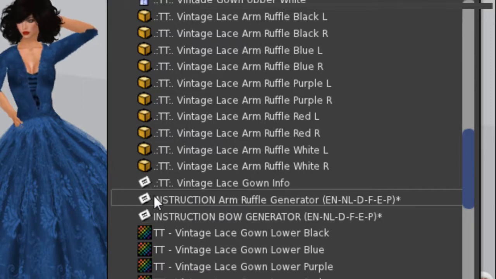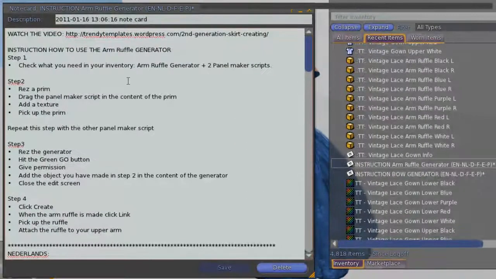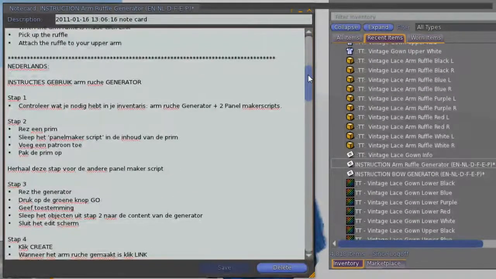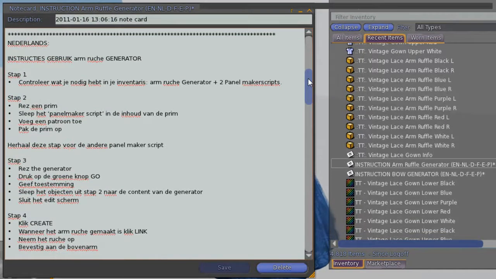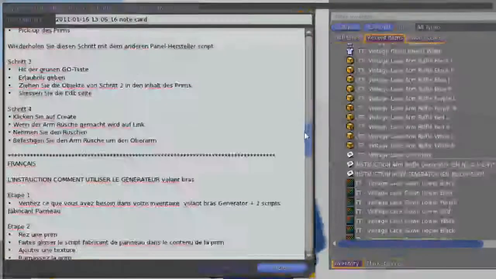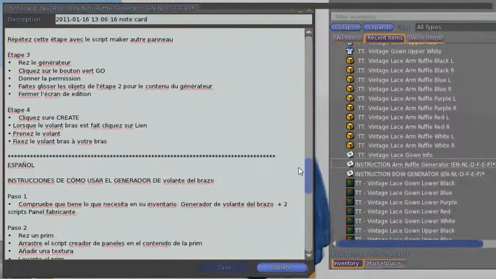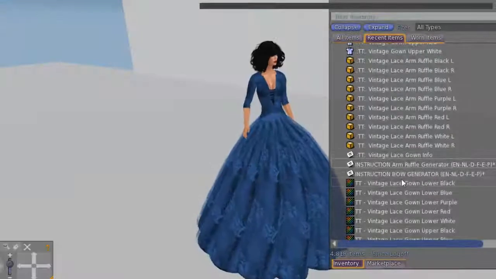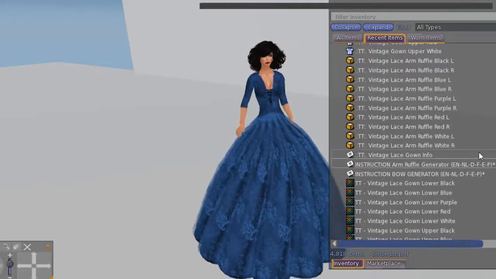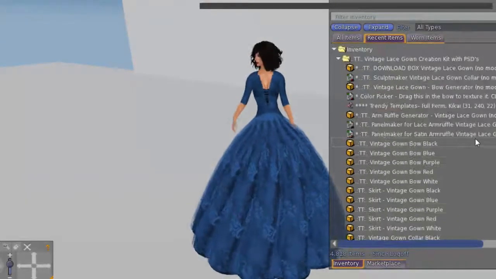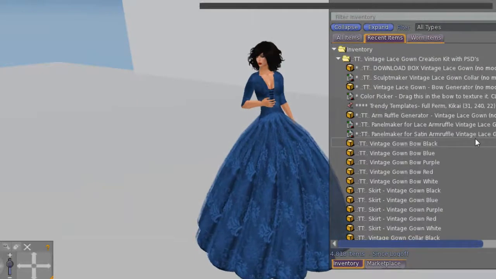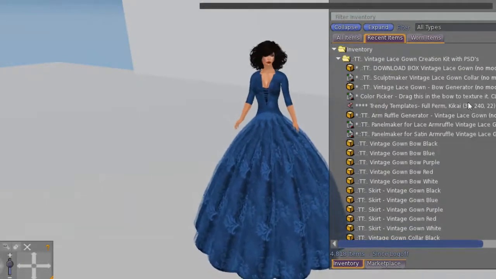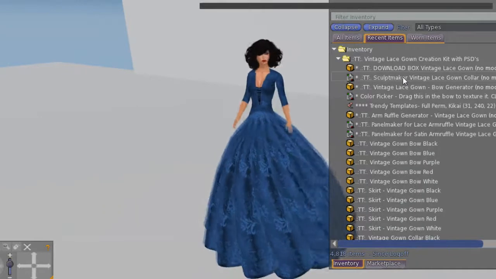And if I show you the arm ruffle generator instructions, it will start in English, but if your language is another one and you want to read it in your own language like Dutch, German, French or Spanish or even Portuguese, then you can do so because it is in 6 languages. But as I said in the tutorial, one video tells more than 1,000 words can say, so I'm going to show you. Let us start with making the collar